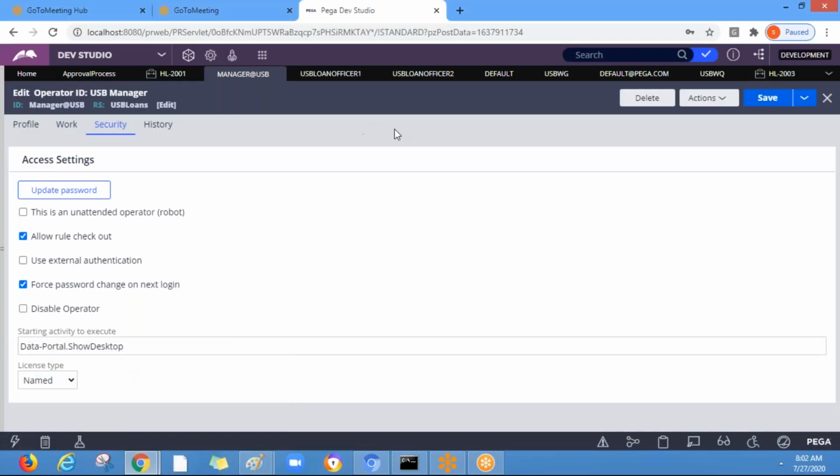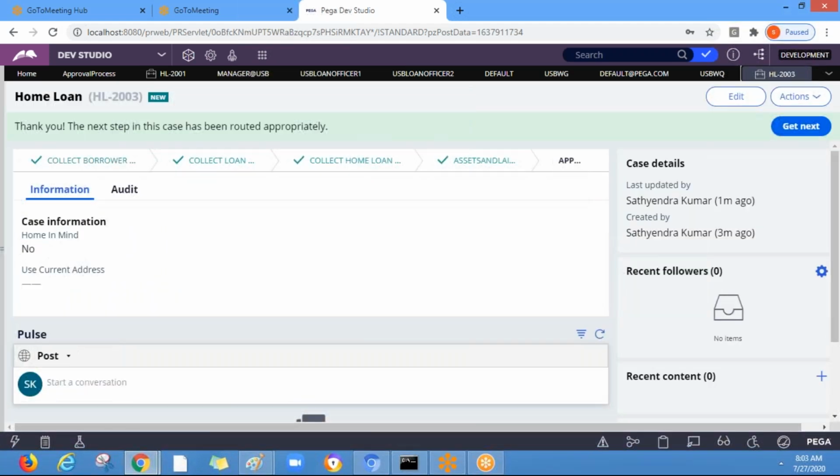So what is the assignment here? HL-2003.